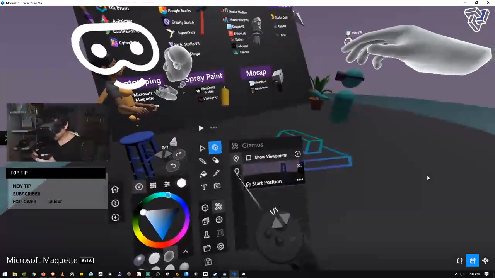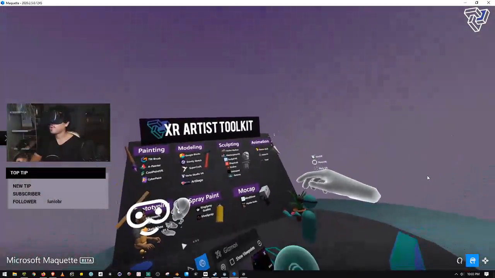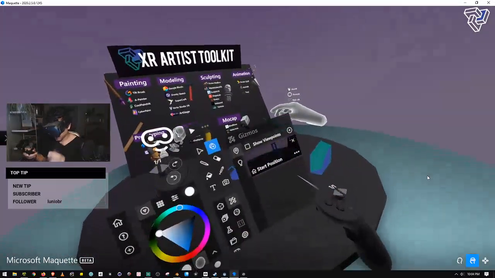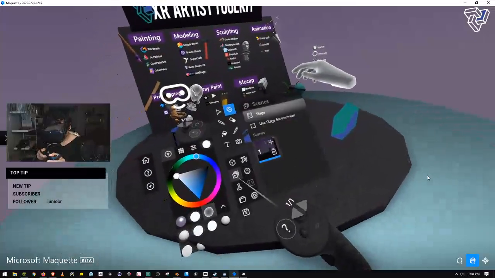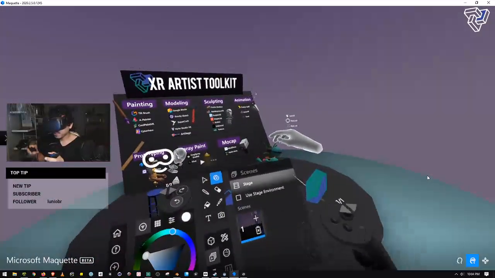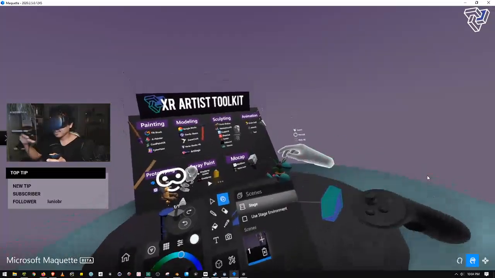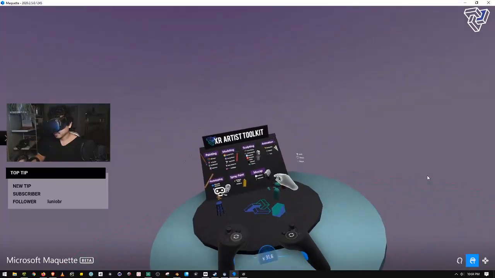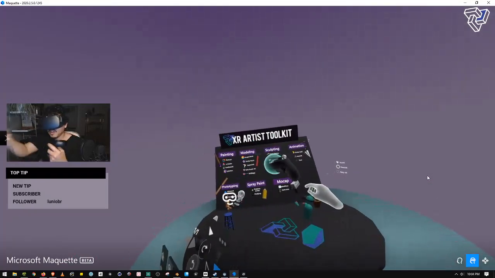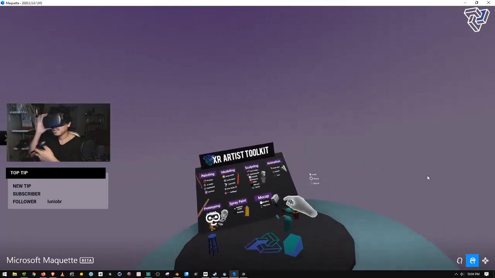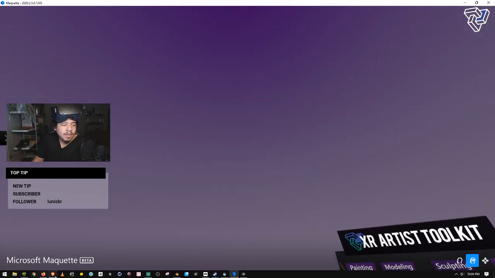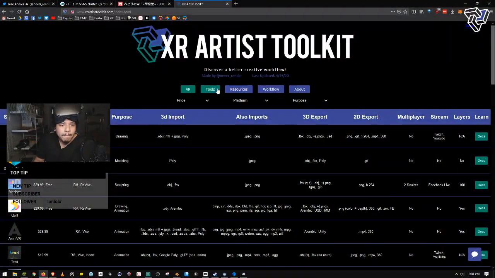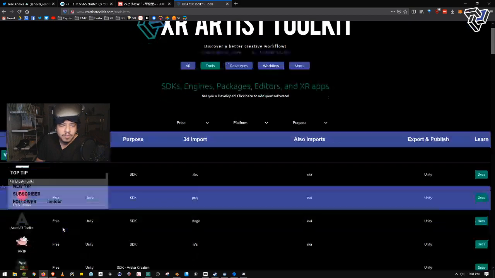Starting position. So again, you're kind of prototyping in this, so you can create specific areas where you want someone to spawn into. You can also create different scenes. So if you want to have different areas that you're going to show off. So in my case, I would probably have this main area and then another break off area where I would be showcasing maybe like AR apps specifically,